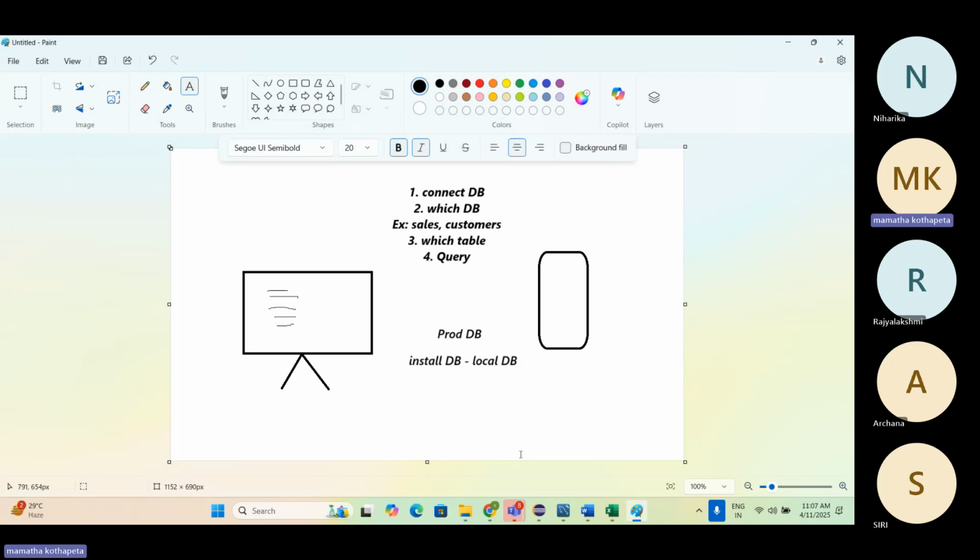Now, in real time, you need not install anything, but for practice purposes you do not have a database. You are going to install it and do the practice. That's the reason I told you to install the MySQL database. MySQL is a database. Workbench is the place where you connect to your database. I shared the video on how to install it,